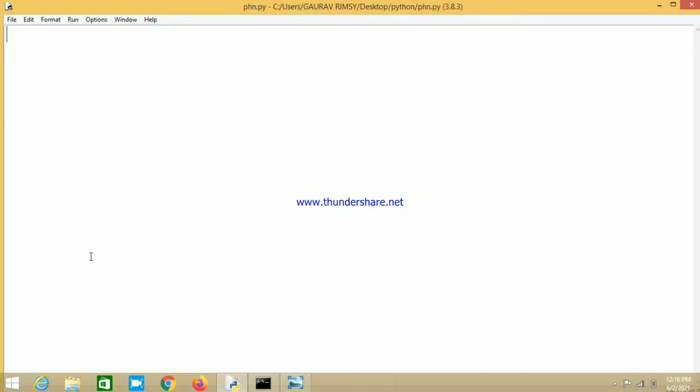Firstly we need to import phonenumbers. In this program we are going to discuss how we can get the name of the country to which that phone number belongs, along with the operator name. Next we are going to import, from phonenumbers, geocoder and carrier. Here geocoder is used to know the specific location of that phone number, for example the country of that phone number, and carrier is used to get the name of the operator that phone number is associated with.